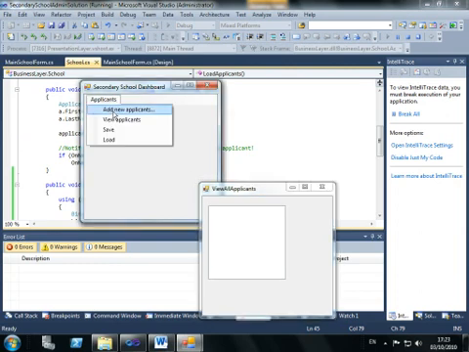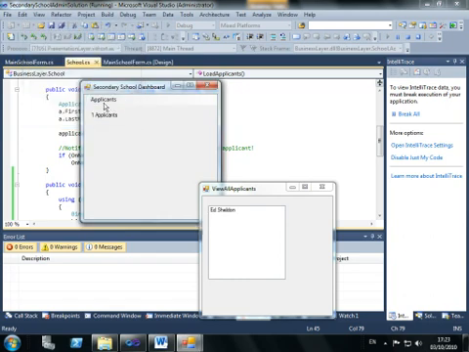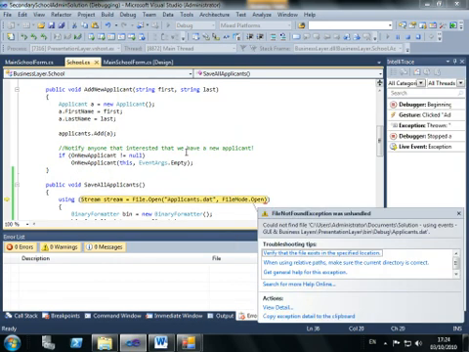We can then add new applicants. Shut down our dialog box, save the applicants, and we've run into another mistake. Now in this case it says it can't find a file to open. I'm just going to stop debugging here,